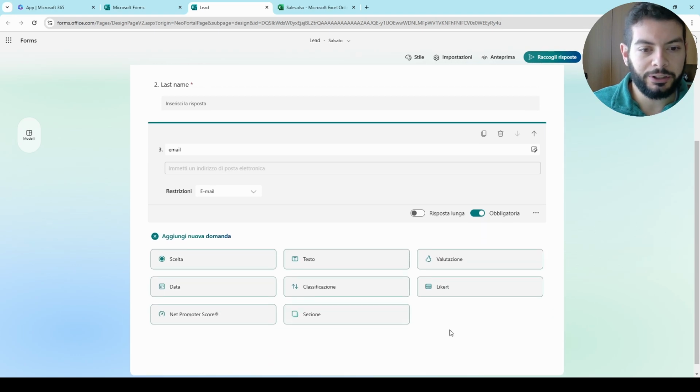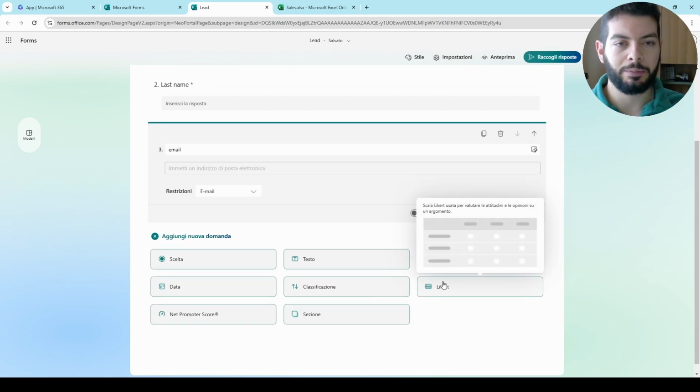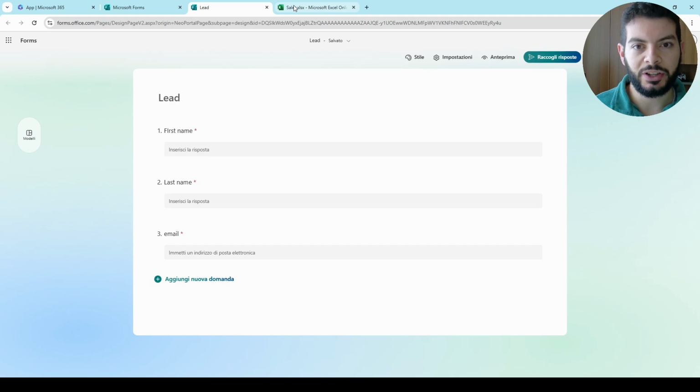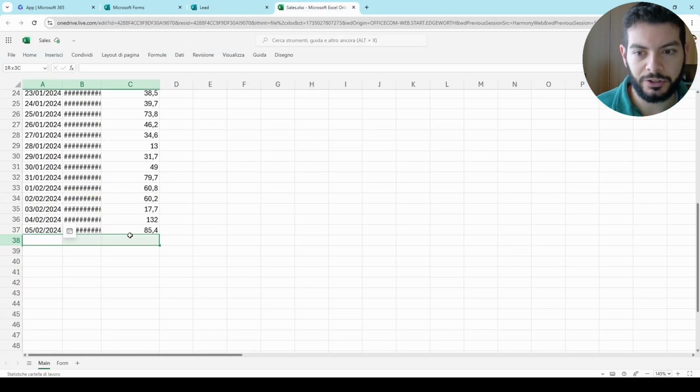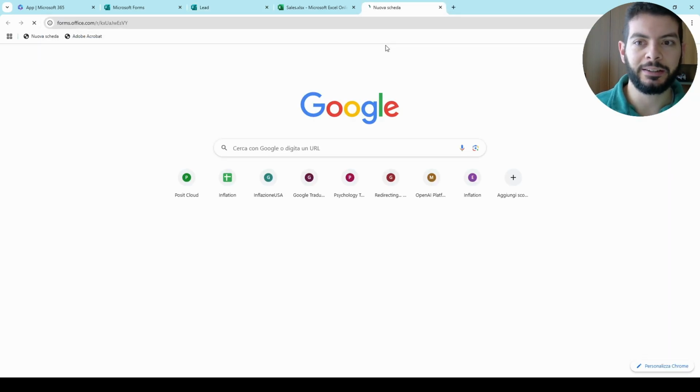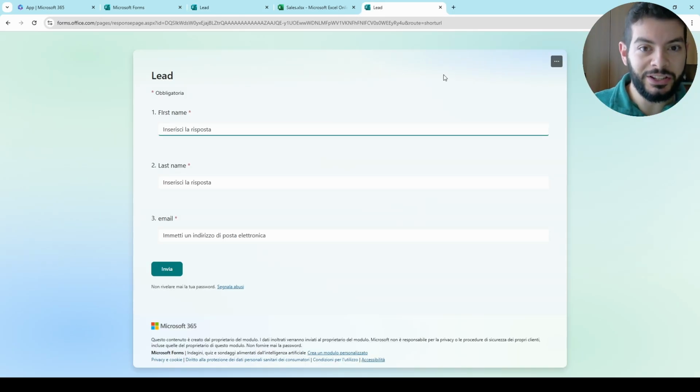And the other options you see here are more for data enrichment, for example if you want to understand the personality of the lead. In a way, it also respects the law on personal data. So it is enough. In this way, instead of interacting with the sheet, you collect the responses using this link. And notice that this link is accessible also from the phone. You can interact with this everywhere.